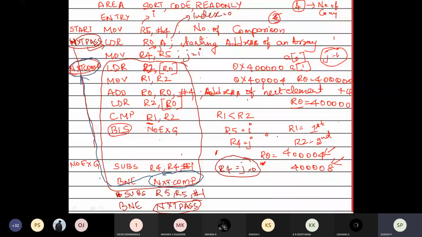So R5 is I. I am moving the contents of I to J. So that is here nothing but the instruction MOV J, I. Whatever the content of I is there, that will be moved to J. So initially I was 4, now it has become 3. That 3 has moved to J now.